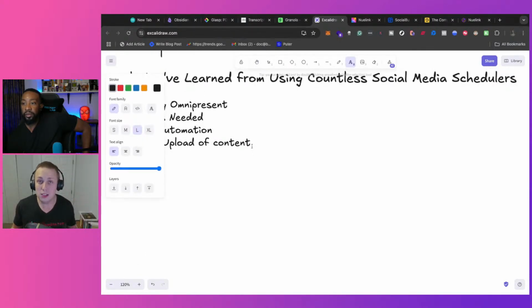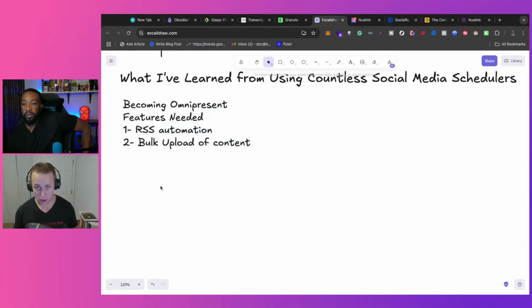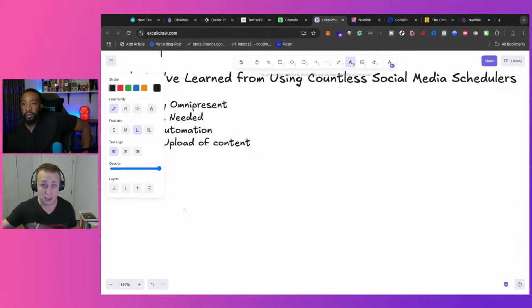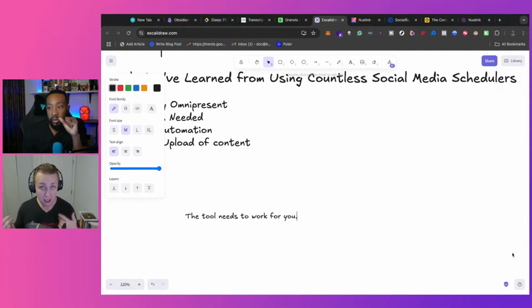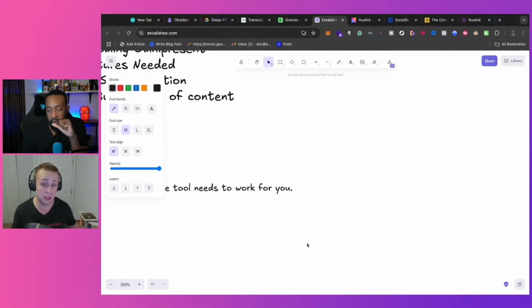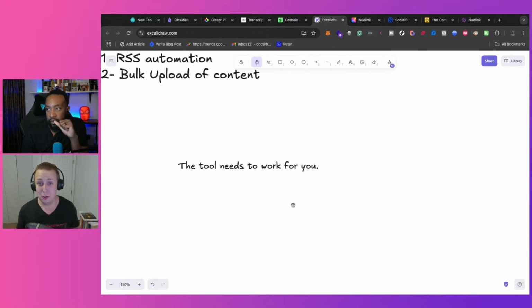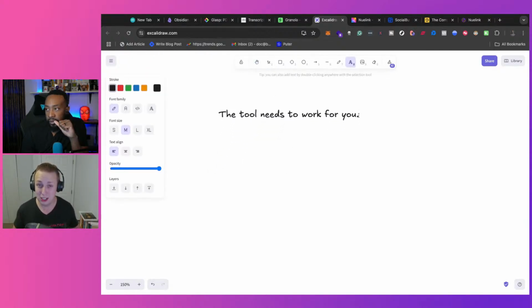However, what I've learned is that the tool needs to work for you. Someone may love Buffer because it's minimalist, but it's lacking any sort of automation really, and it's expensive. And so for me, I can't afford to pay that price for it, and NewLink offers way more for the value in that same comparison of price. So figuring out what you need from a social media management tool is kind of the first step. Figuring out how much you can afford, maybe go for a lifetime deal. Although one thing I've learned pretty much the hard way is that every social media management tool that I've gotten on lifetime deals, I've had a bad experience with. Social Mako, Vista Social, that kind of thing. Both of them weren't good experiences. Social Mako even died out completely. It doesn't even work at all anymore.